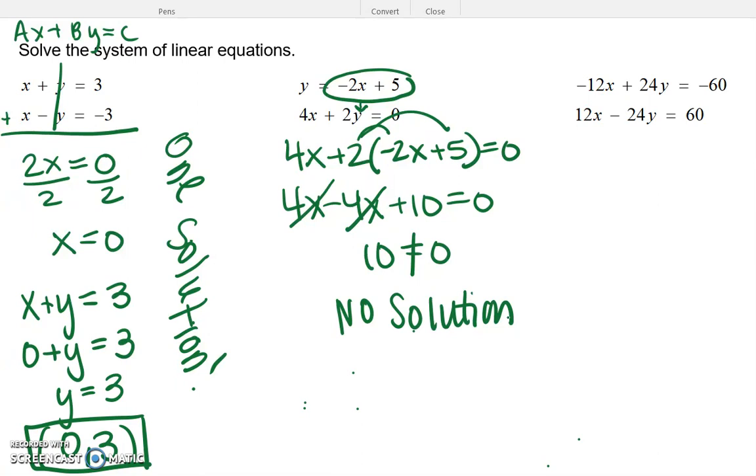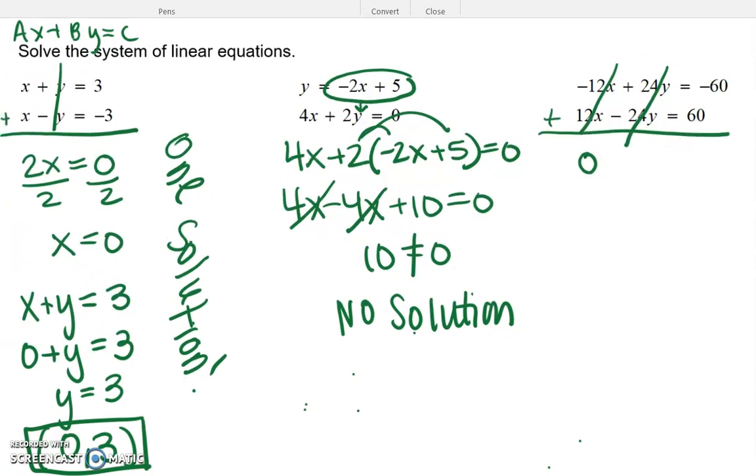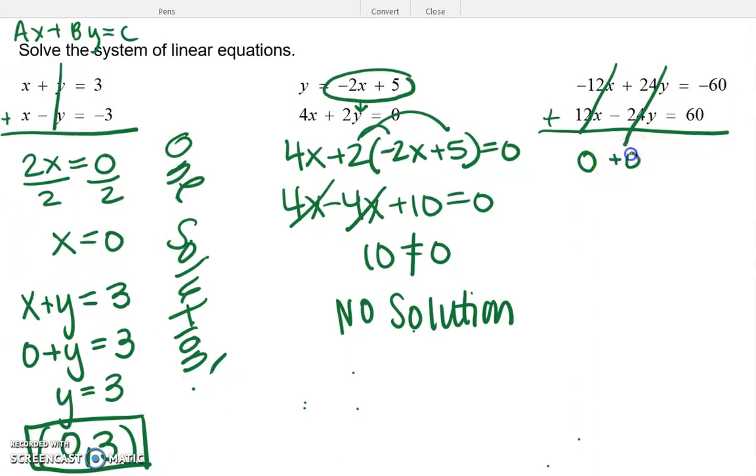And the last one is set up to eliminate. And when I add these two systems together, I notice the x's eliminate and nothing's left. The y's eliminate. I have a plus 24y and a minus 24y. So that eliminates as well. So I have 0 plus 0. And I have negative 60 plus positive 60 also equals 0. So I am left with, at the end, 0 equals 0. And since this is a true statement, and 0 does in fact equal 0, the answer to this is infinitely,